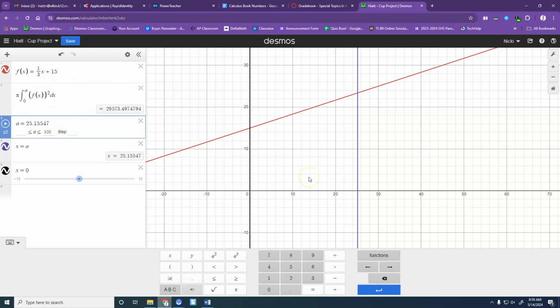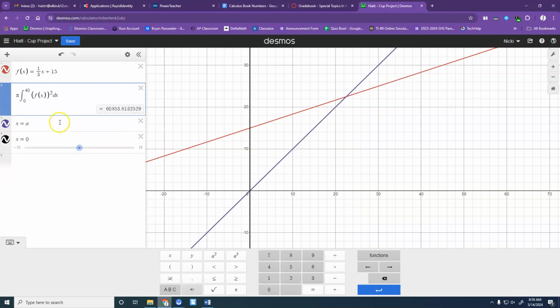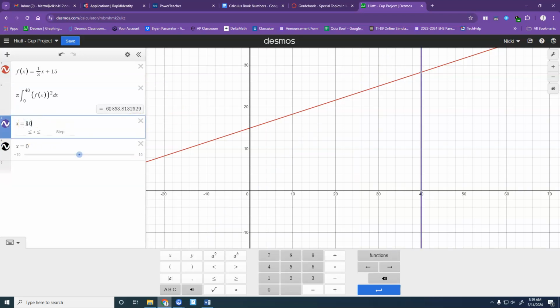Let's say that we decide that we want our cup to be 4 centimeters tall. So rather than going from 0 to A, I could go 0 to 40 right here. And so X equals 40. I want it to definitely be that tall, but if I go to 40, it's way too big, right? It's going to hold over 2 ounces if I do that. So what could I do here to make the volume